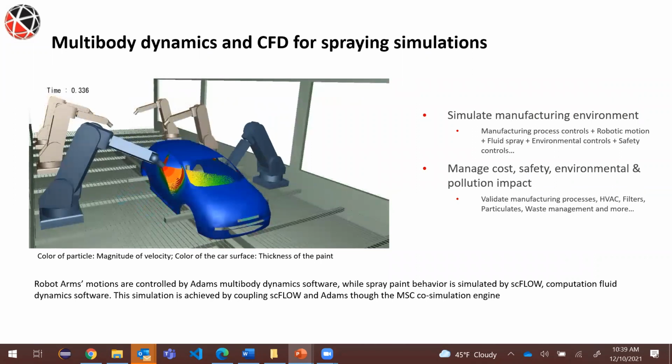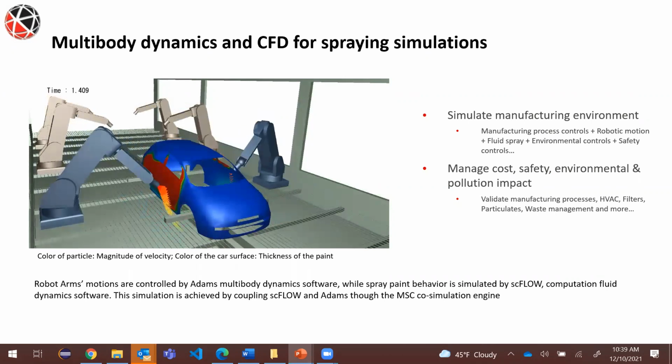This is actually a heat spring simulation. So here we're using CFD and multiphysics dynamics all together. And here we're simulating a manufacturing environment. This is really important to be able to understand what's going on, manage the costs, and the environmental pollution impact,